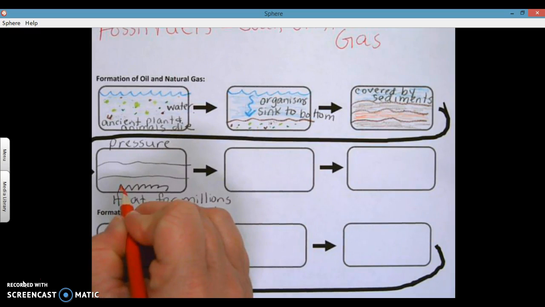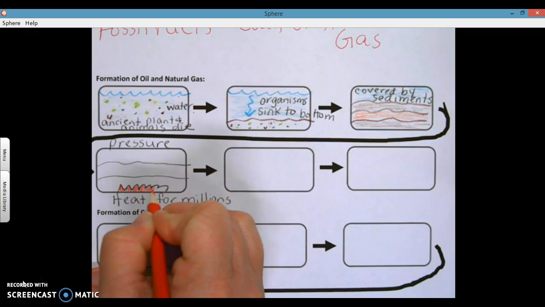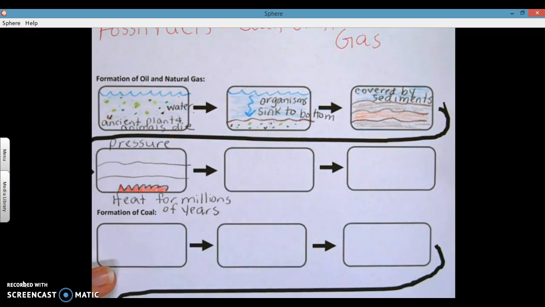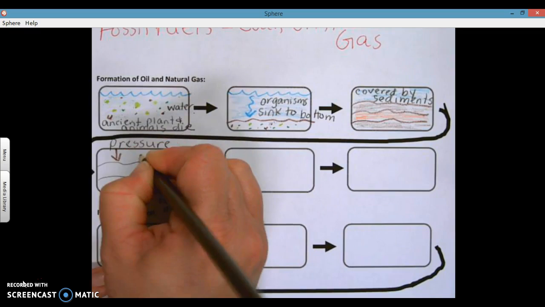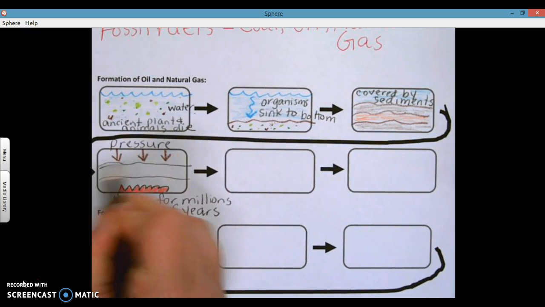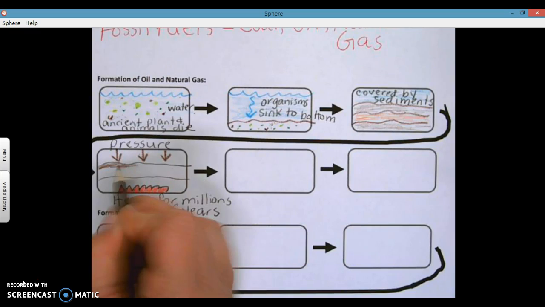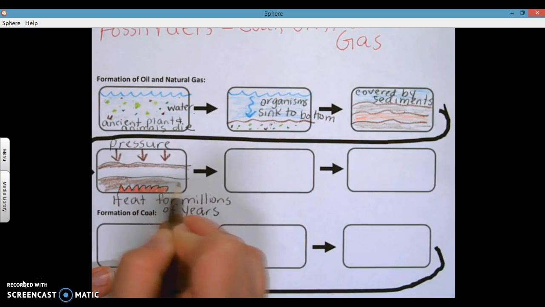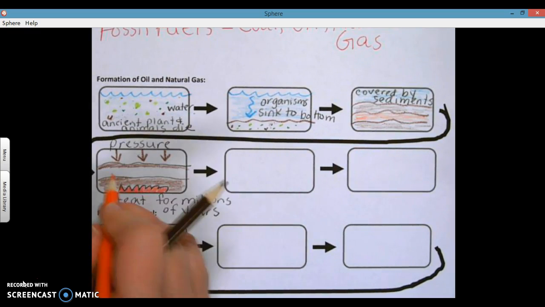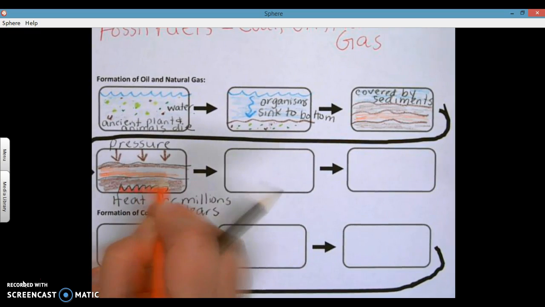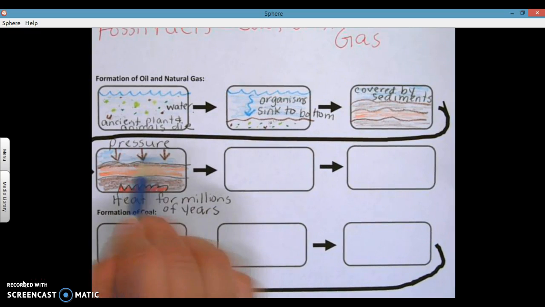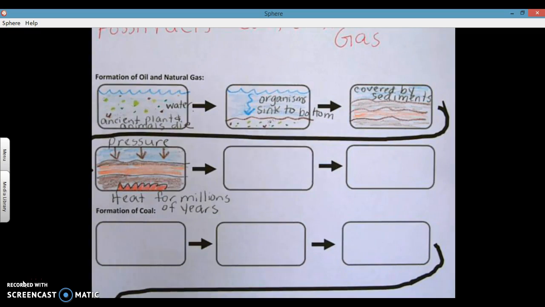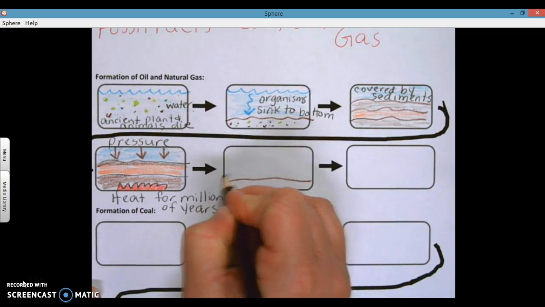And where is that heat coming from? It's coming from the inside of the earth. Remember, the inside of the earth is really warm. So the pressure is coming from the sediments pushing down on the rock layers, and also from gravity pulling down. And the heat is coming from the inside of the earth. And all of that, if it's just right, will then change those ancient organisms into oil. So inside of this rock layer, we will end up with oil formation,